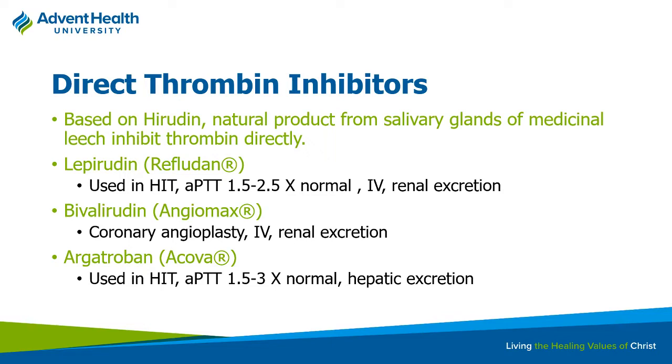So this is affecting factor 2. Remember, thrombin is just another name for factor 2. And this is actually very interesting based off of Hirudin, which is the anticoagulant that leeches produce. So back in the olden days, and actually still to this day, we use leeches in some cases for